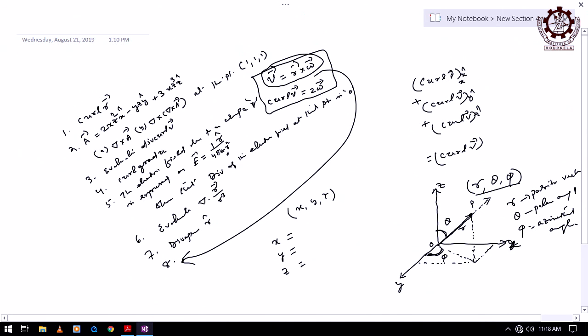Cartesian coordinate in terms of polar coordinate. From the diagram you can find it out and tell what is the value of x, y and z. Same point P in Cartesian coordinates x, y, z, in polar coordinates r, theta, phi. The point is the same P, so there must be a relation between x, y, z and r, theta, phi. Then what are those relations? What will be x in terms of r, theta, phi?